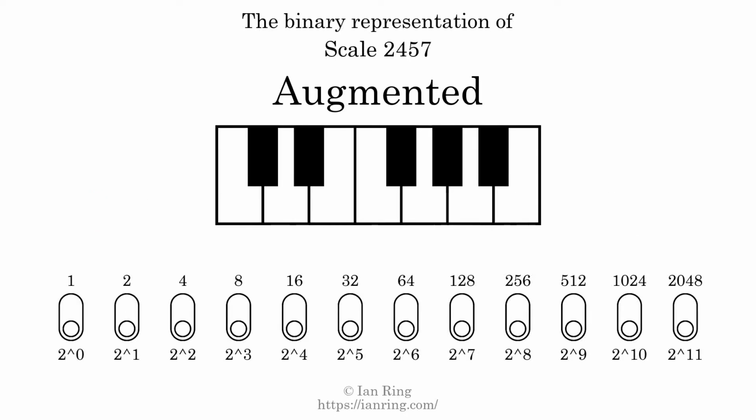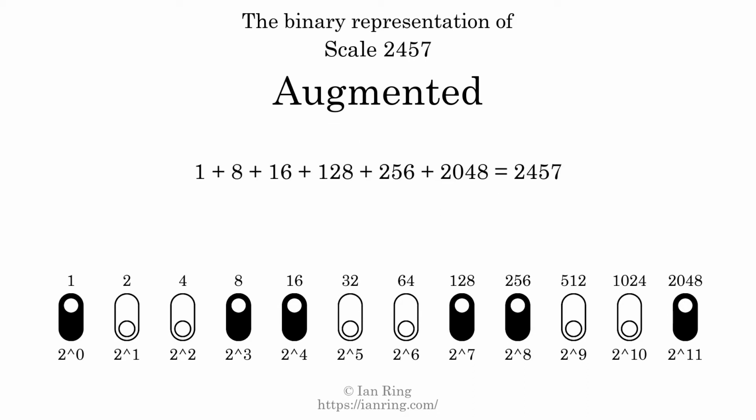The binary representation of this scale is determined by mapping tones of the scale to binary digits. Each binary digit represents a power of 2. To get the scale number, we add the powers of 2 together. The powers of 2 that are present in the scale, all added together, equals 2457. That is why the scale number, in decimal, is